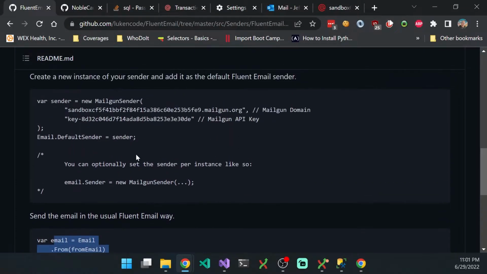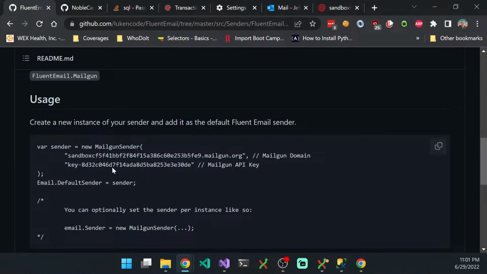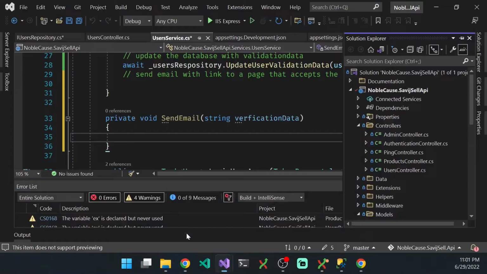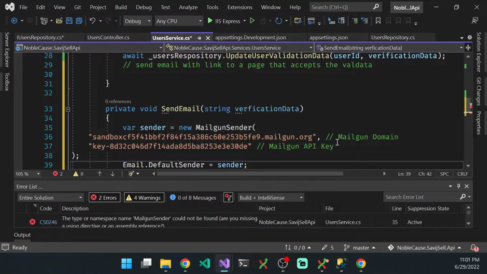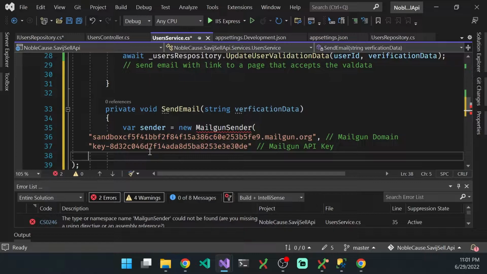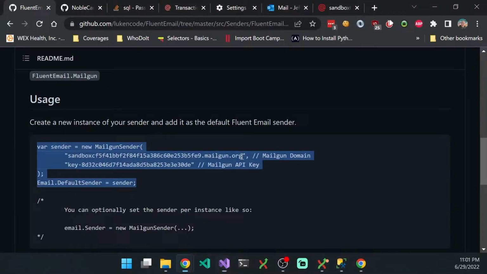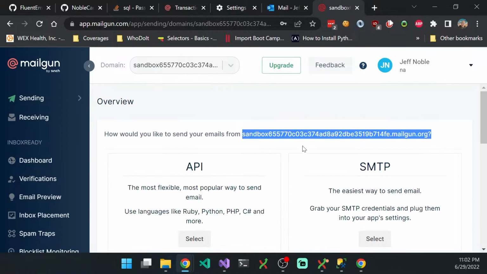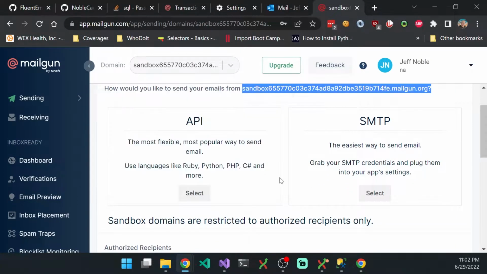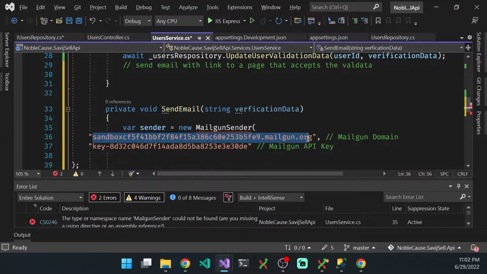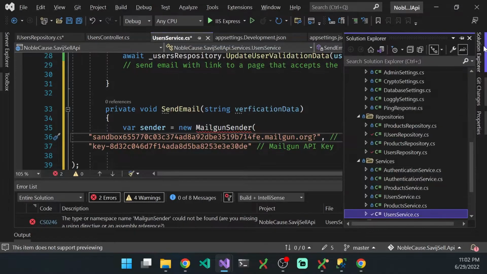All right, let's do that. Let's not do the SMTP method. And it looks like I don't even need their application or their documentation. So I'm just going to copy that code, and we're going to go into our send email, and I'm going to paste. And I'm going to replace this sandbox with our sandbox. And the API key, I actually don't want